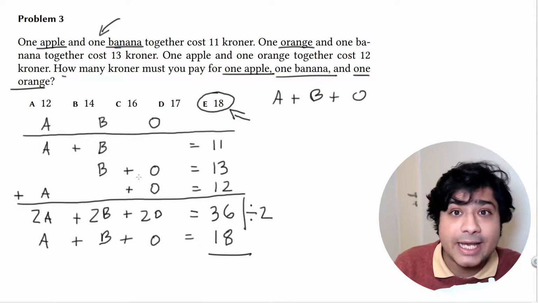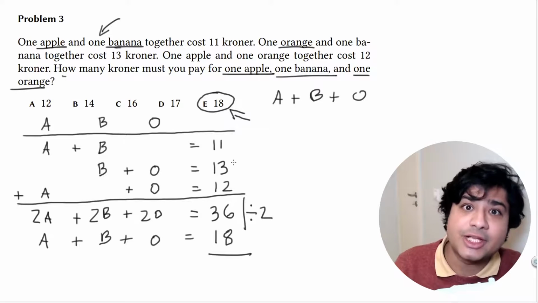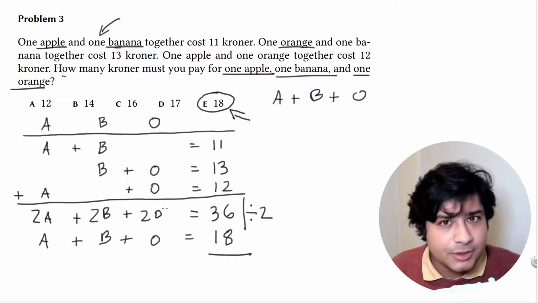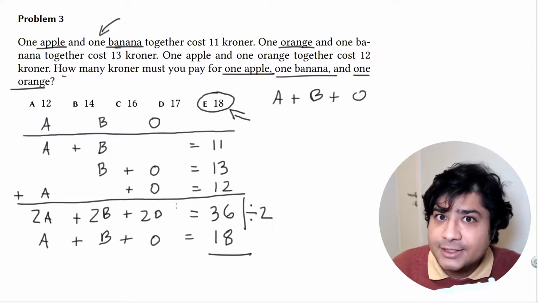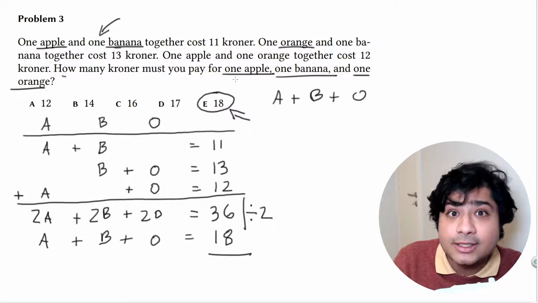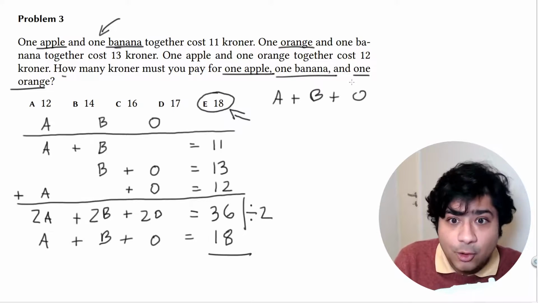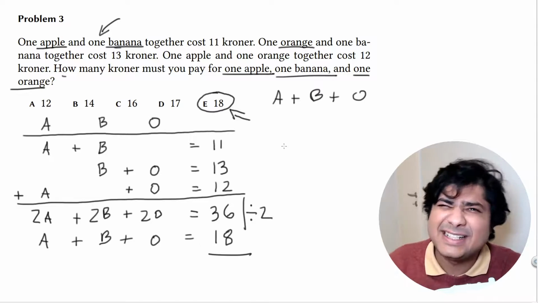Sometimes you have to do something else where you maybe multiply one of the equations by something first and then you add or subtract. But usually, if you find yourself going along a path of, then I have to specifically find out how much 1 apple costs, then 1 banana, then orange, then add those numbers up, that's usually not